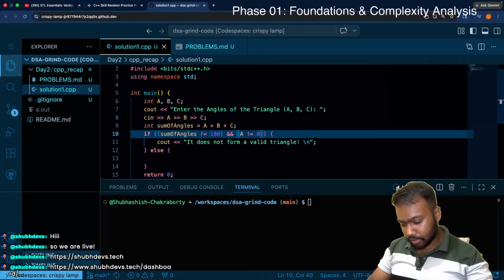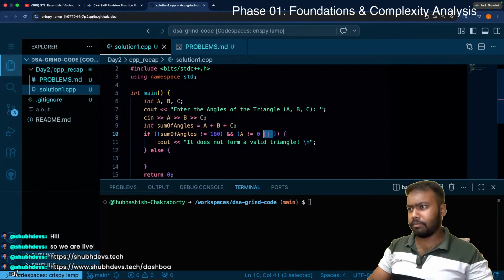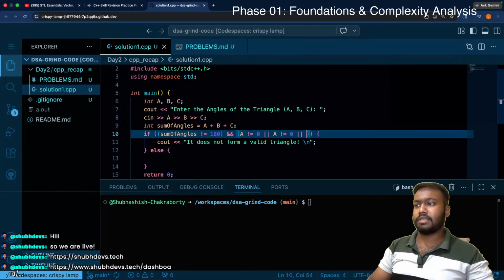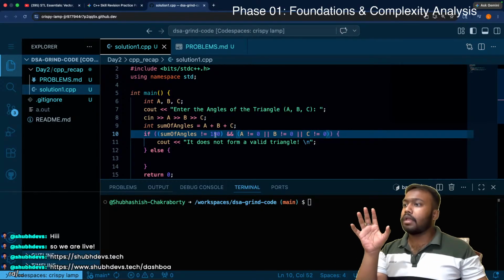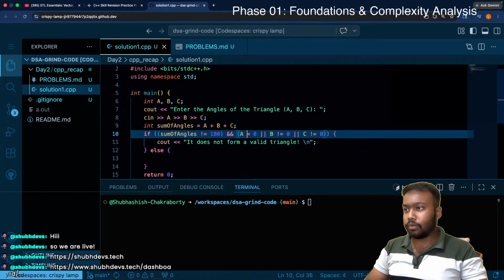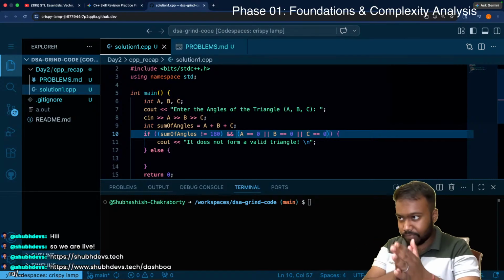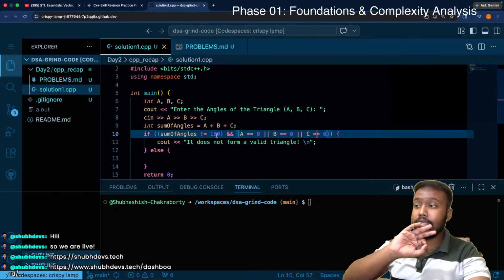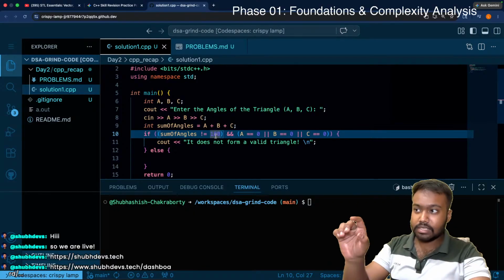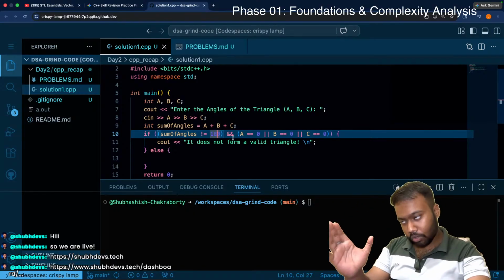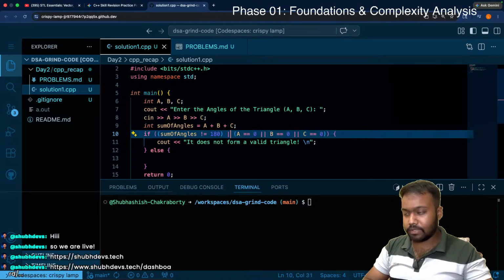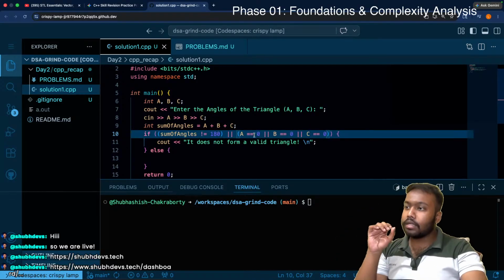And or, yeah, now this time or will come. Now, let me just copy it real quick and paste it, replace it with B, paste it again, cancel this, and C. So basically, this time not exclamation, it will be equal. Basically what this is trying to convey is, okay, sum of angles, if it is not equal to 180, or and wait, ये भी वैसे यहाँ पर और आना चाहिए, or and